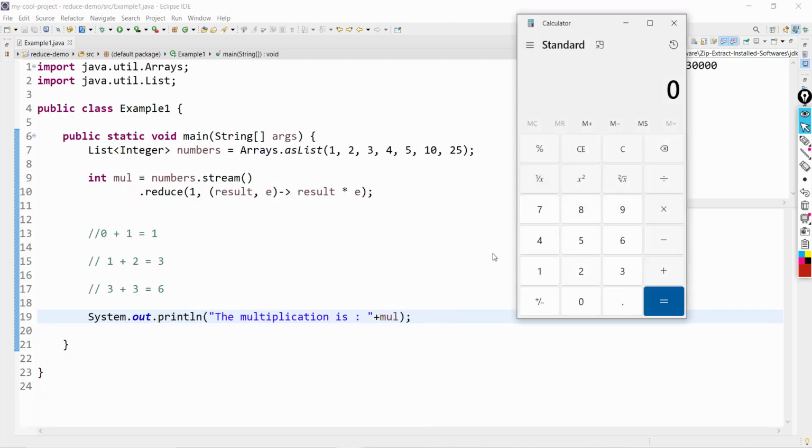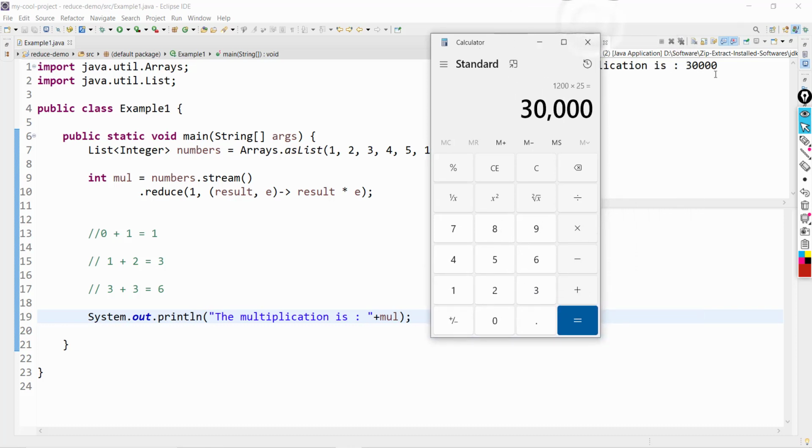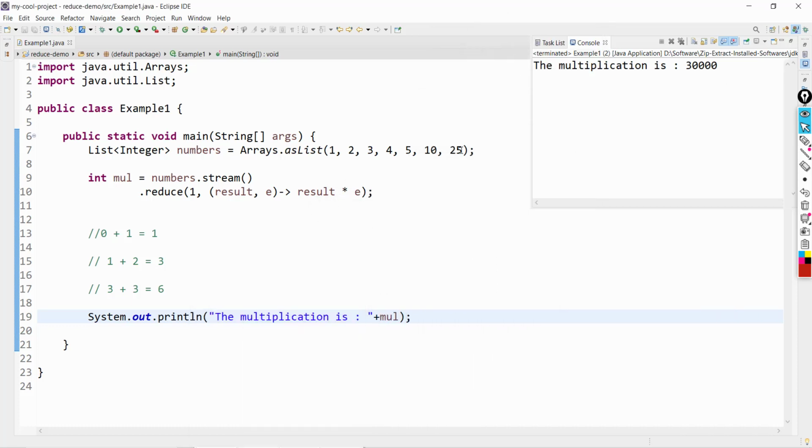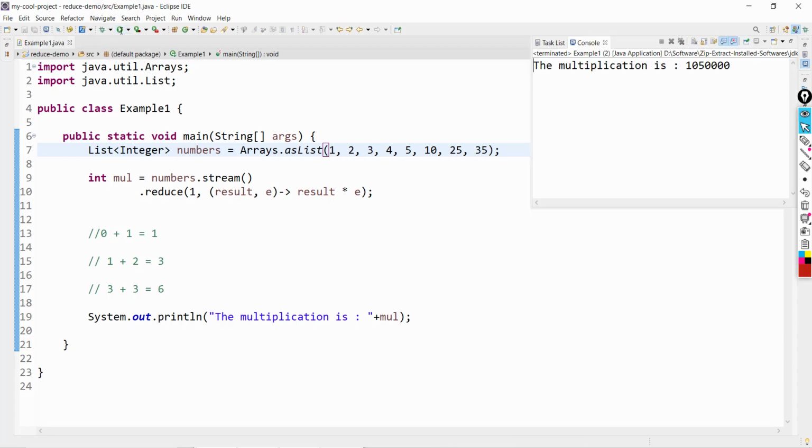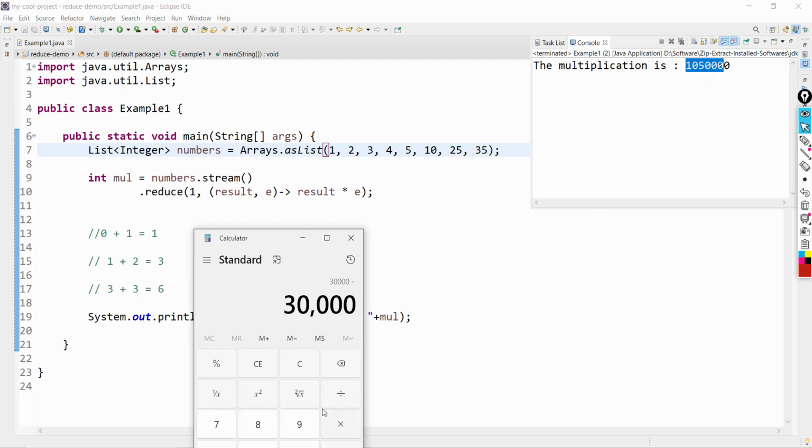So 2 into 3 into 3 into 4 into 5 into 10 multiplied by 25. Cool, it's matching, right? 30,000. Okay, now let me give 35. So what it should return. Okay, so it is giving this result, and let me verify these things with